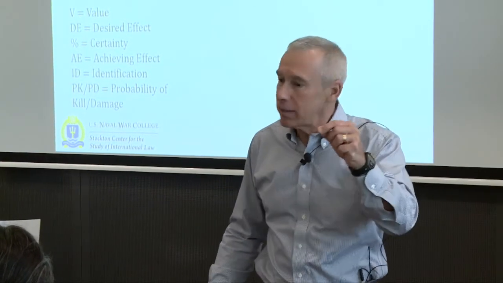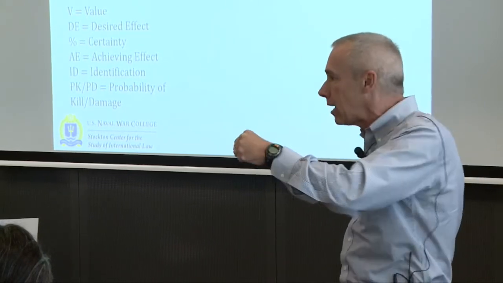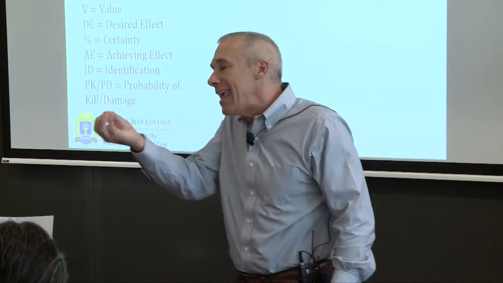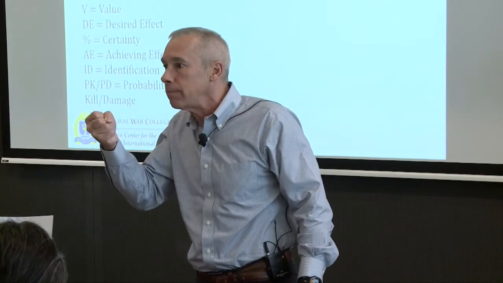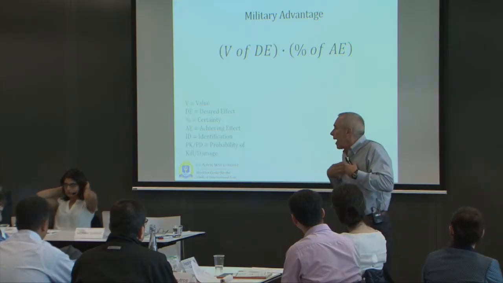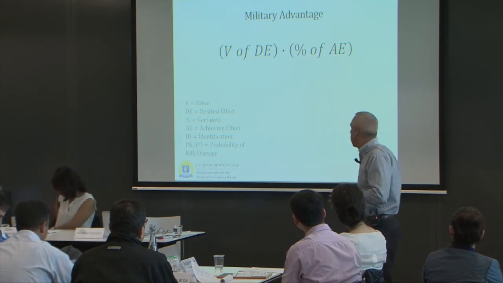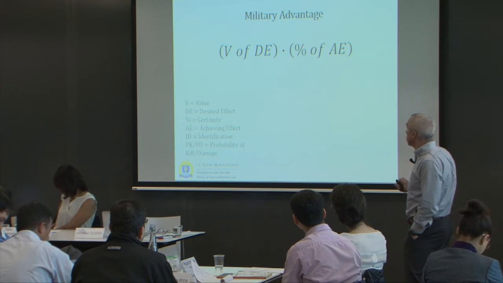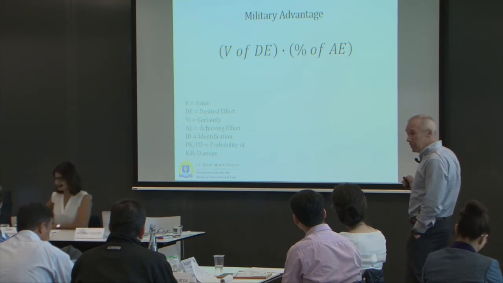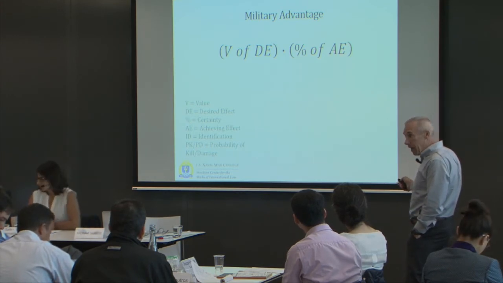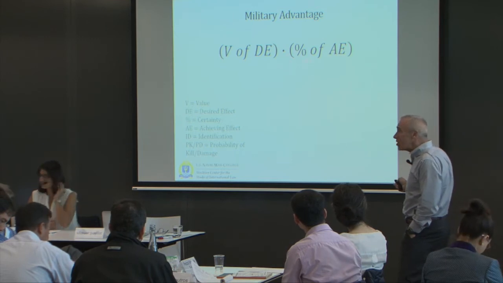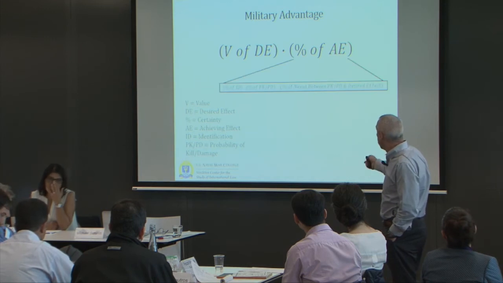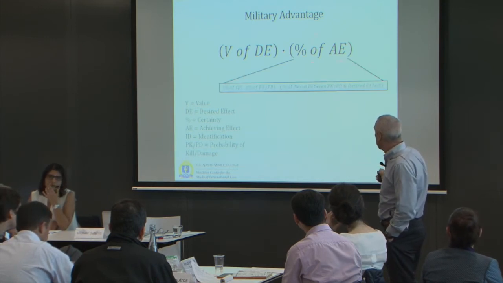We're not asking whether it's a tank, a mortar, a command and control facility, or a weapon storage area. No, you're asking, if I take that out, what effect will that give me? How important is that to me in my military operations? And then you look at the certainty of achieving the effect. You factor that in, because you may not achieve that effect for a lot of reasons. So the likelihood of achieving the effect